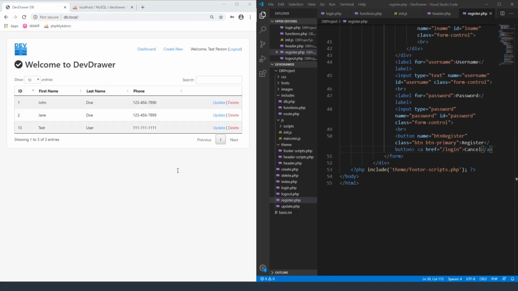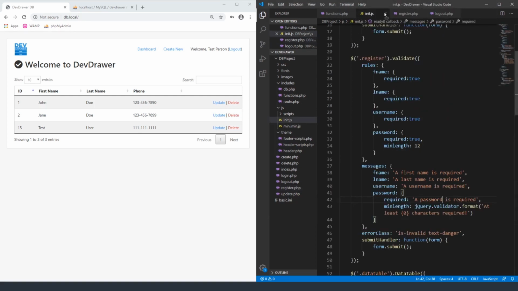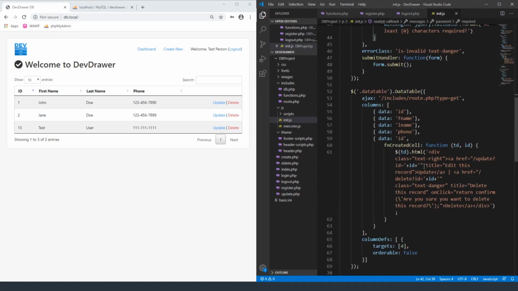Alright, so now that we have that, we want to create the administration part to be able to update those users. So I'm going to go ahead and close out of this header file because we don't really need it right now, and the login file. We can keep our initialize.js open because we are going to use it later to do a variation of this data table. But for right now, let me create a new file called